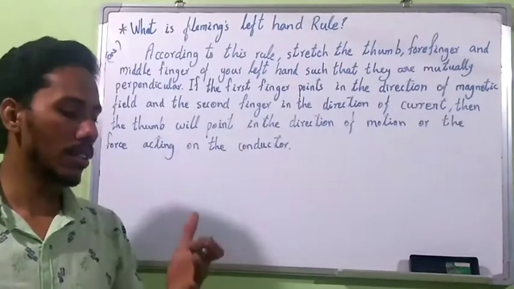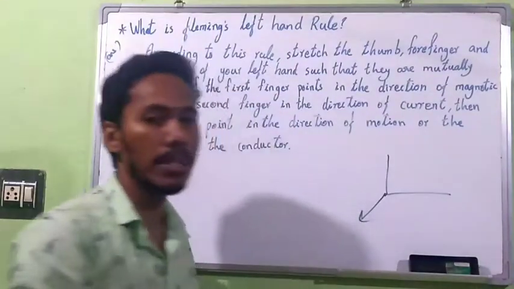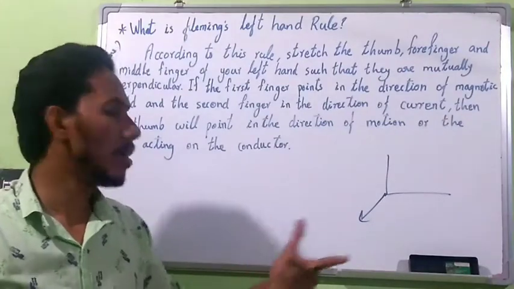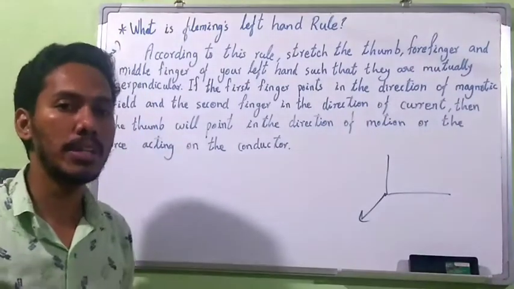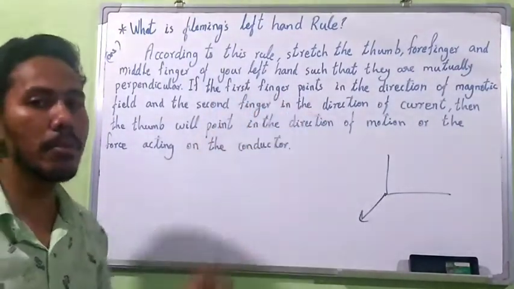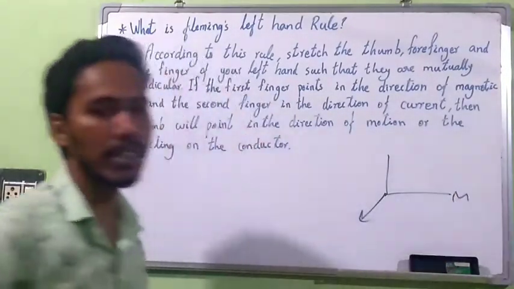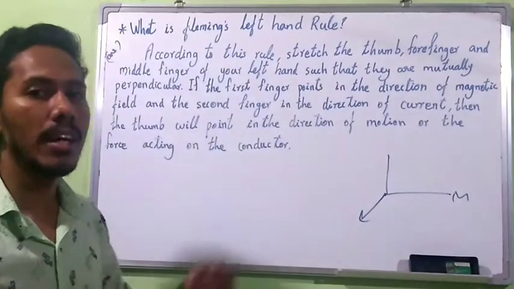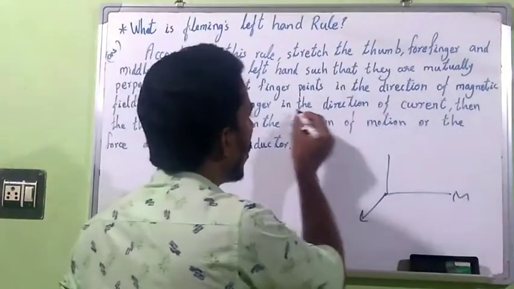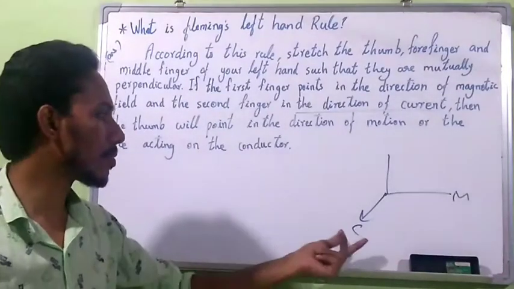If the first finger points in the direction of the magnetic field, and the second finger points in the direction of current,